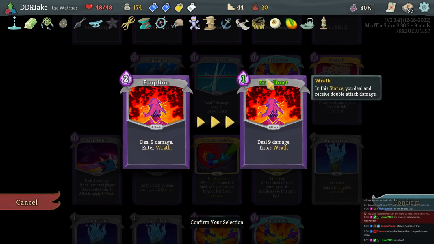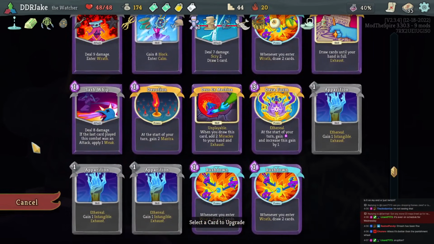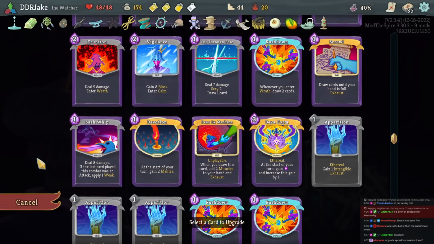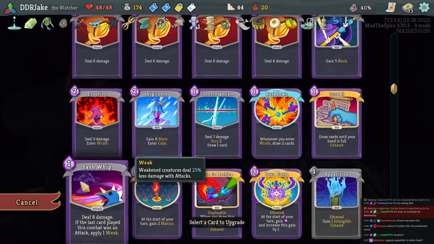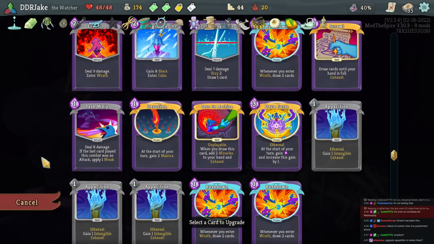Eruption is not a useful upgrade at this point because Snecko randomizes the cost, so the cheaper cost's not so good. Rush down for more draw. Well, no, that just reduces the cost. Gee, none of these are really good upgrades. The other Sash Whip is possible. One of the apparitions...